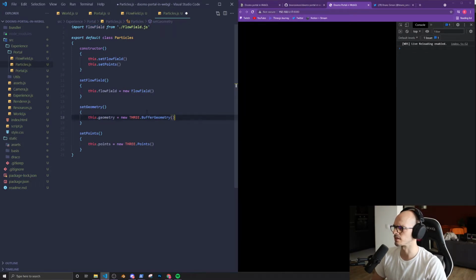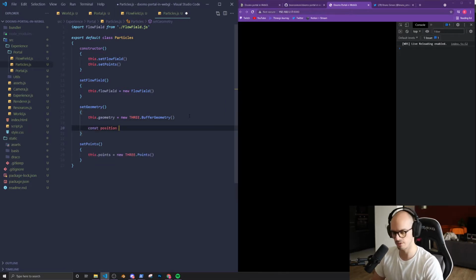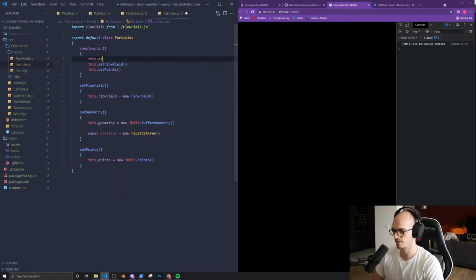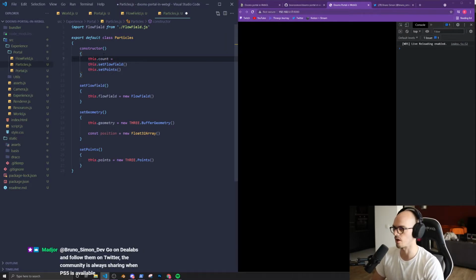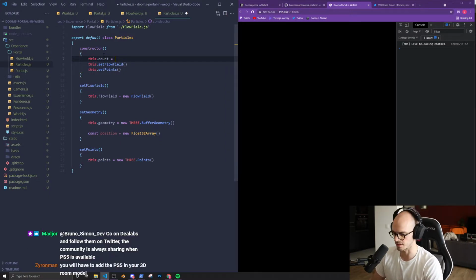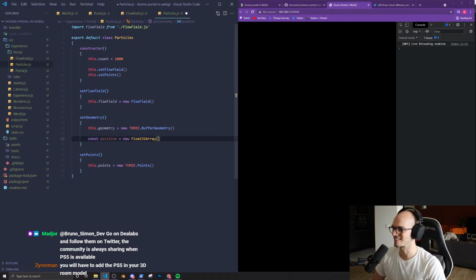Geometry, yeah, that's it. We're going to need a bunch of stuff there. Yeah, so it was Three geometry. Okay, let's go. Let's put some positions, even if all of those will change later, let's just start with the basic particles so that we can iterate on that. So Float32Array. We need a count for the particles. What's cool with that technique is that you can have a lot of particles. It's okay in terms of performance, and the animation will look awesome, you will see. If I get there, which is not done yet. So multiply by 3, then